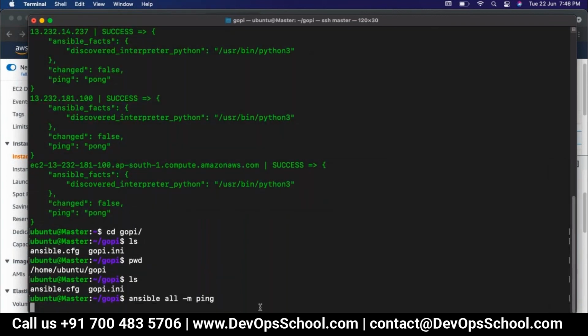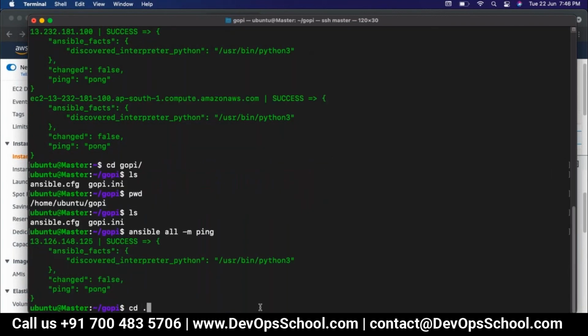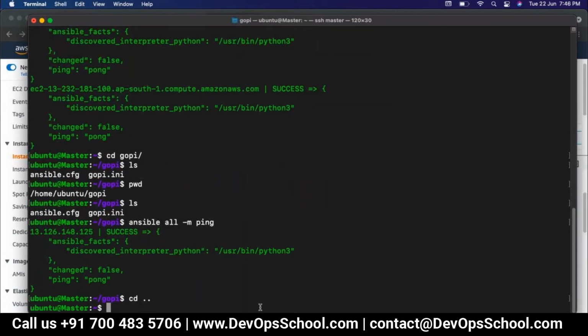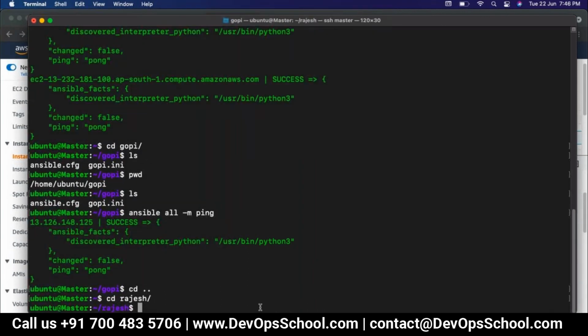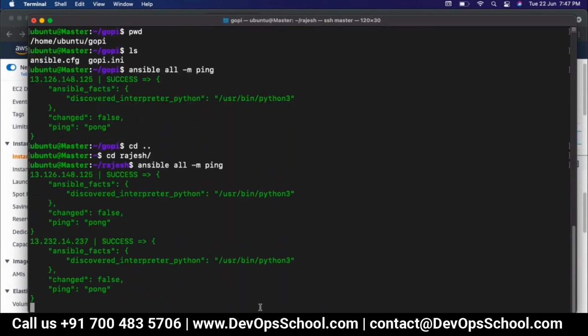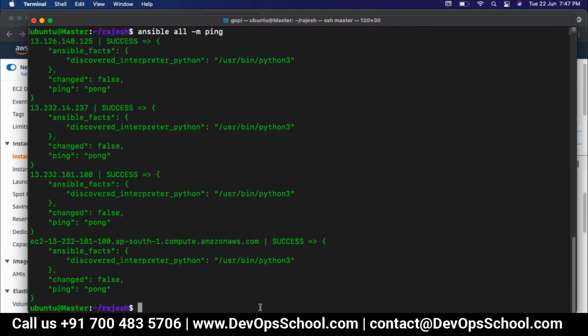If I use that, it will take it now on. Can I go to the Rajesh directory and run the same command? I'm explaining. So now if I use the same thing, see, it will ping all, because now it went to the global one. Because global, if you mention the Ansible.cfg file here,